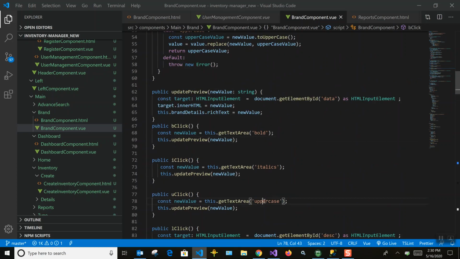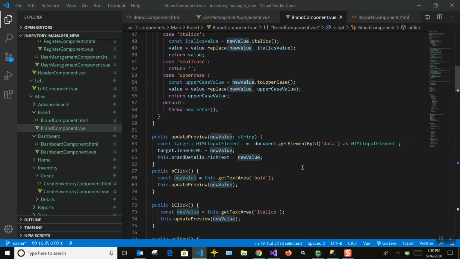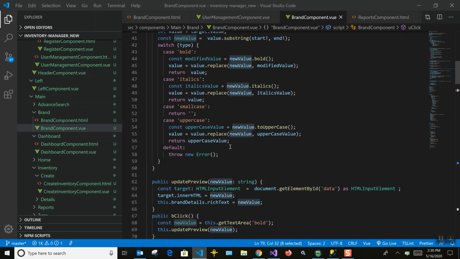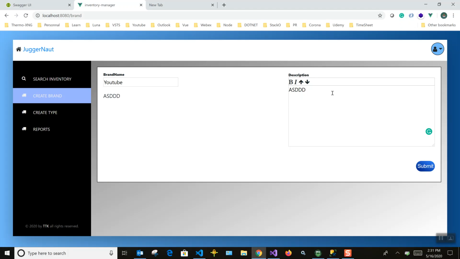Here we are passing uppercase, and in update preview we are giving the new value. So okay, here we are returning the uppercase value instead of value. Ideally we should be returning value, so it's a silly mistake, we'll correct it. Okay, now we'll try again.